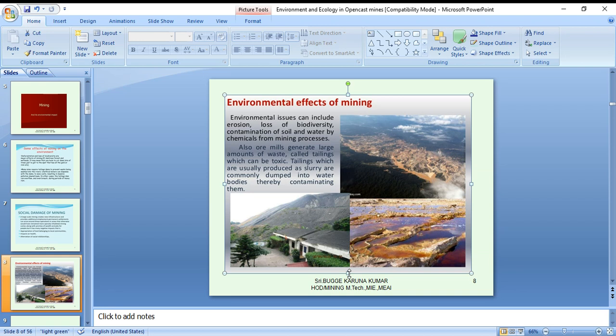So these are what you can see here. This is one example of a mine environment, showing the features due to the acid mine drainage system, the polluted land, and degraded land after completion of the mine. There are also some environmental features due to the mine environment. So these can be addressed. This is also important from the point of view of environmental issues.